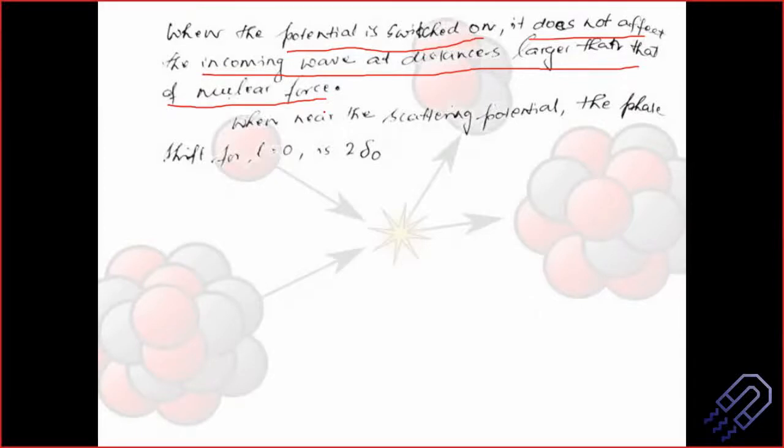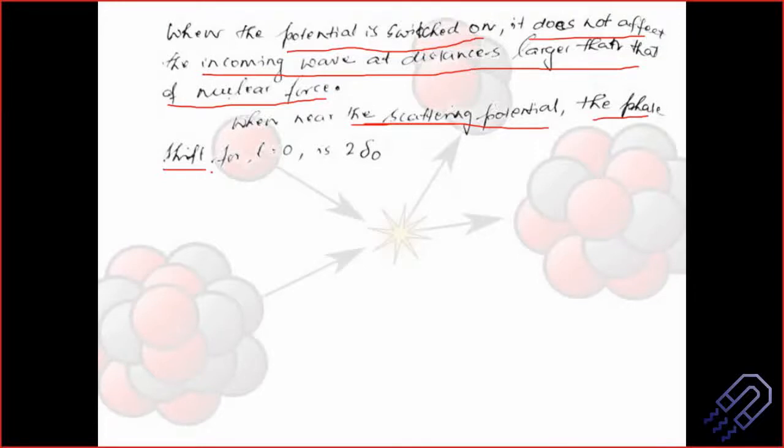So when the potential is switched on, there will be a scattering, and then there will be a phase shift. The question is, what is phase shift? I think all of us know it, but if you talk about waves, or electronics, there is always a phase shift. Whenever there is an incoming wave going outwards, there is a change in its angle, and that angle is nothing but a phase shift. So whenever there is an incoming wave of cos kx and the outgoing wave is cos(kx plus delta), the delta will represent the phase shift. So definitely there is a phase shift. This is how we analyze it mathematically.